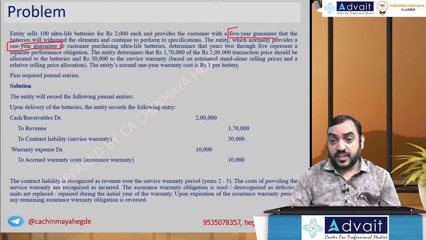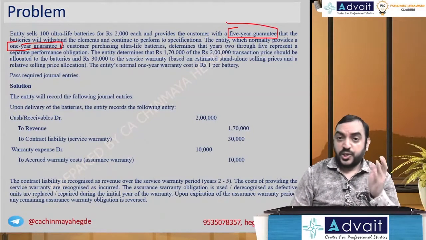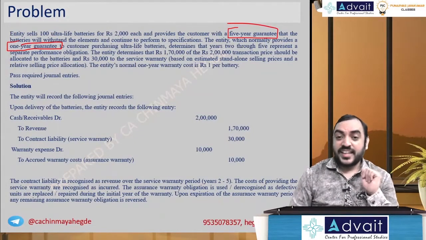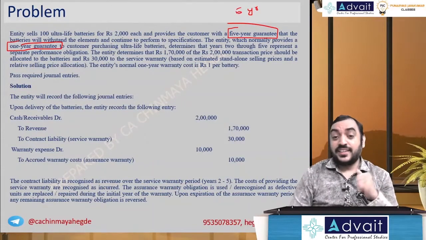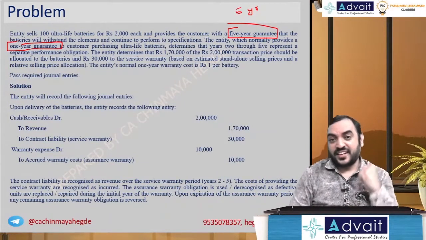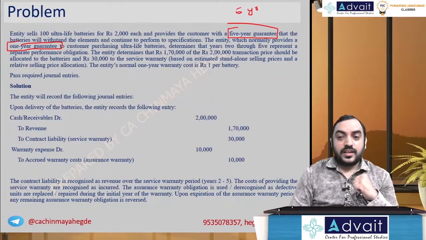It's providing 5 years. Look at the institute, very smart. They are not using the numerals, they are giving the words so that in the exam it's not easily readable. You will forget easily. Normally provides 1-year guarantee to customers purchasing ultra life batteries, determines that